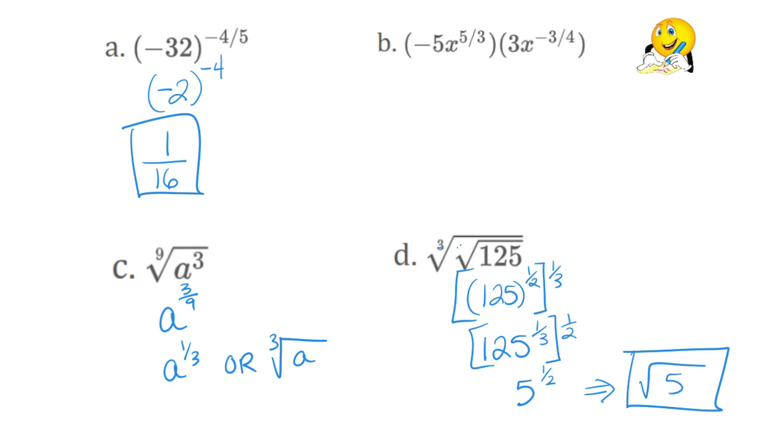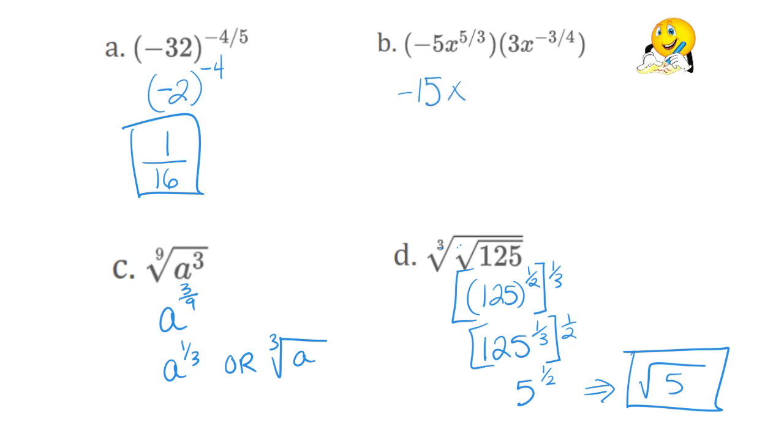All right, I'm working my way up to this B. This is my favorite. It looks scary, but I kind of like it. I think it's kind of fun. Here's what we need to do. We're just multiplying. When you multiply common bases like that, you're going to add the exponents together. Those are not very nice fractions to try to add together. Ultimately, I'm going to take my -5 times my 3,